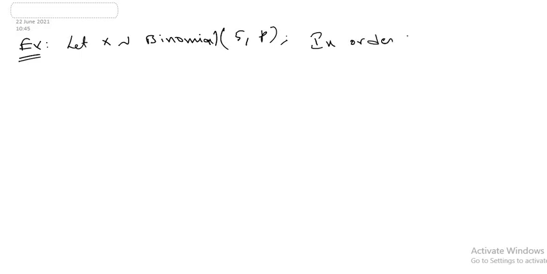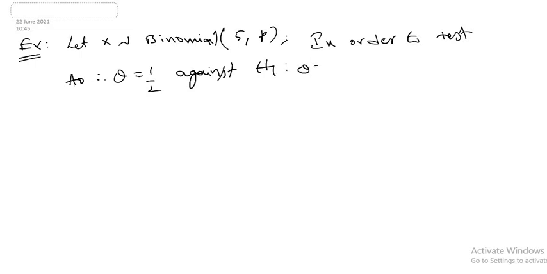Next problem, write it down. Let X follow Binomial(5, p). In order to test H0: p = 1/2 against H1: p = 3/4,